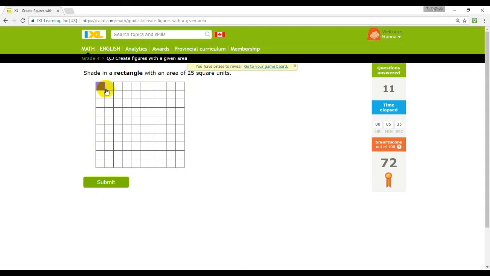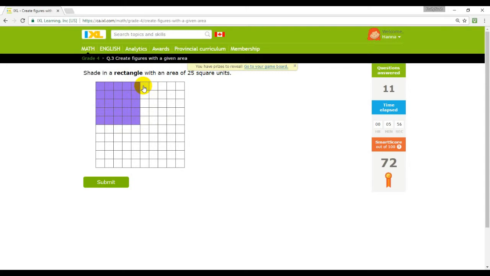25. So 5 times 5 is 25. So we're going to maybe try out 5 5s. Okay, that wouldn't work because it says rectangle, not square. So maybe if we